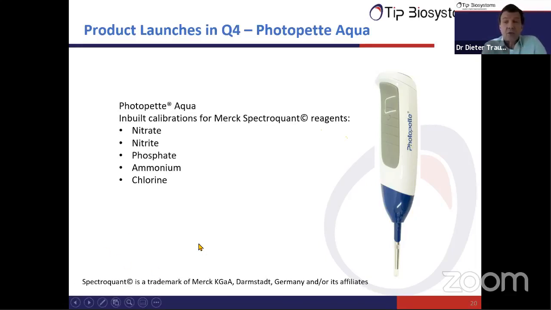And we are using these reagents together with these instruments to measure these parameters, which are the most important parameters for drinking water, and also some other industrial and process water. And chlorine, of course, for disinfection, where you do not want to have traces of chlorine in your water for certain processes. So we are intending to launch this at the end of this year. And yeah, please contact us if this is of any interest for you.